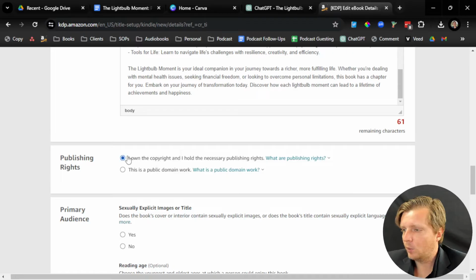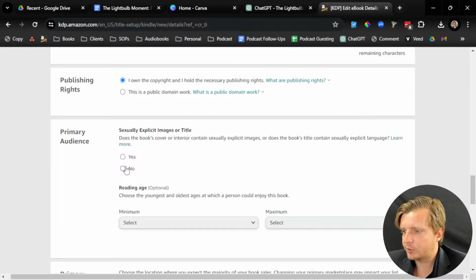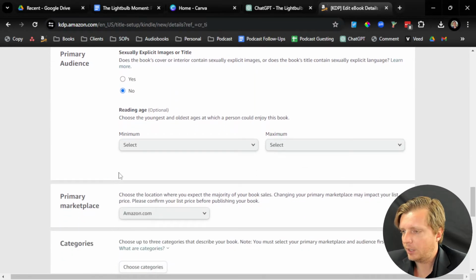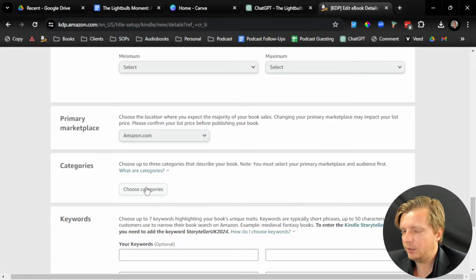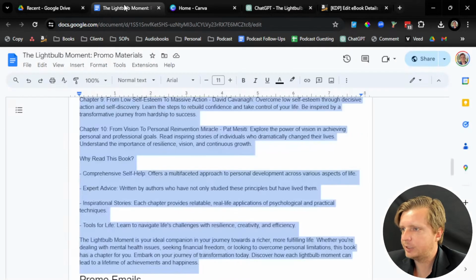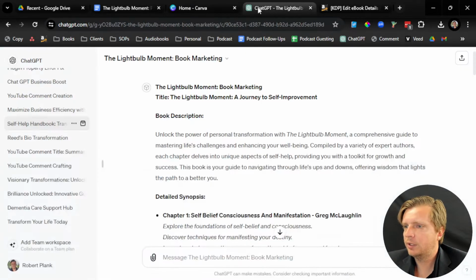Then I own the copyright. It's not a public domain work. Sexually explicit image, no. And then reading age, we'll just leave that blank. And then categories. So we are at our ChatGPT maximum, but here's a little trick no matter what your version